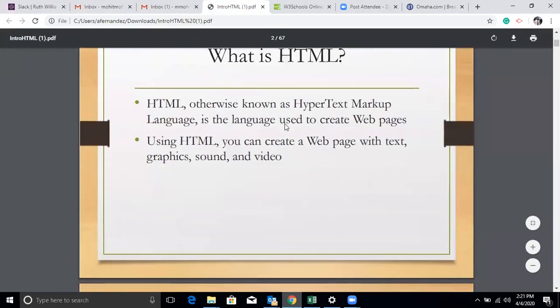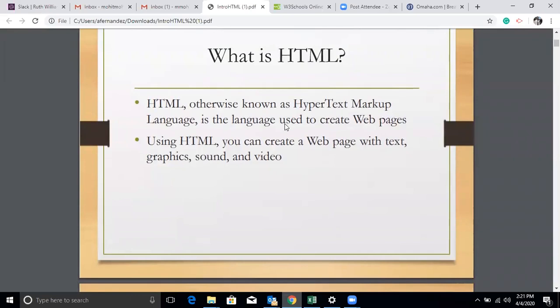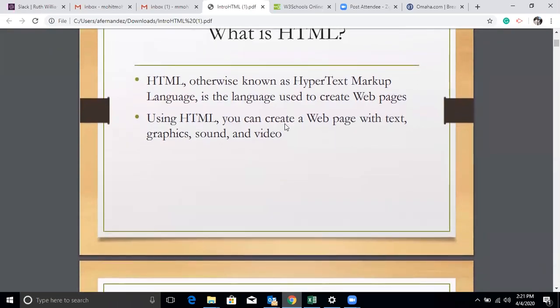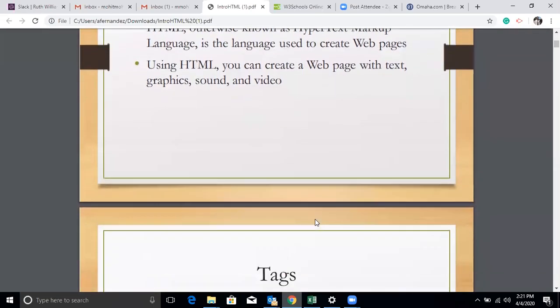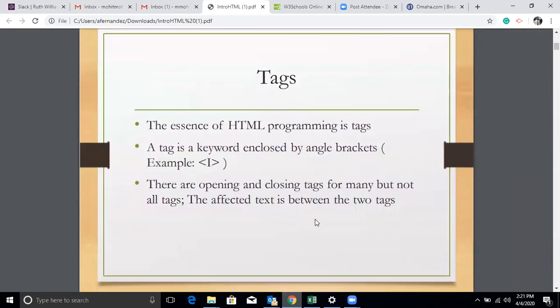So this was a brief introduction to HTML, how you can see what code has been written, what HTML is, and how you can create a web page with text, graphics, sounds, and video. Now let's go to the